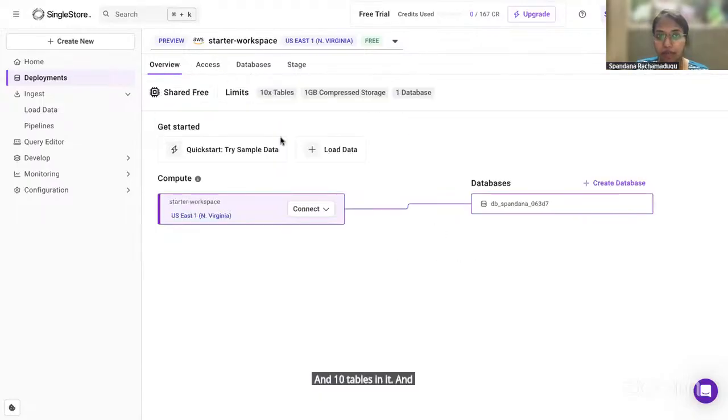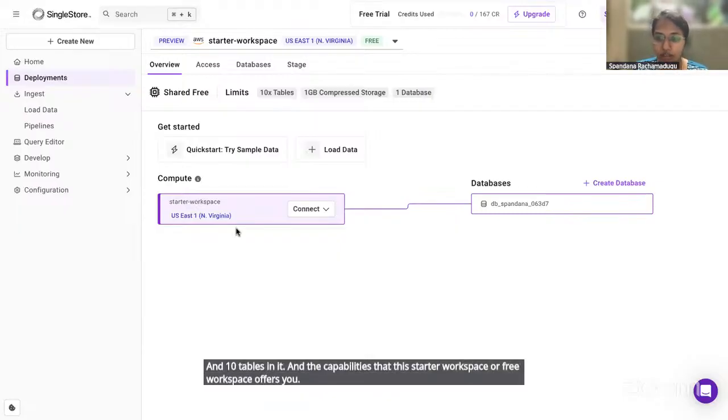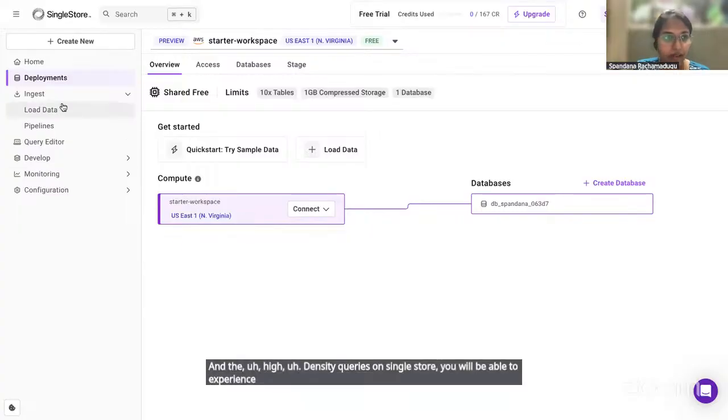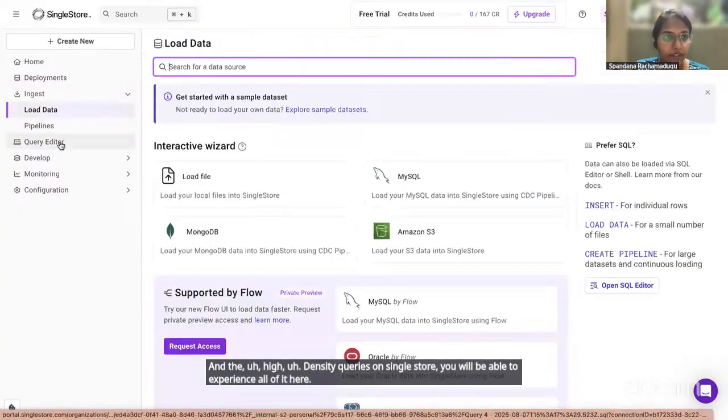And the capabilities that this starter workspace or free workspace offers you are also top notch. You would be able to experience the fast speed and the high density queries on SingleStore. You will be able to experience all of it here. And so